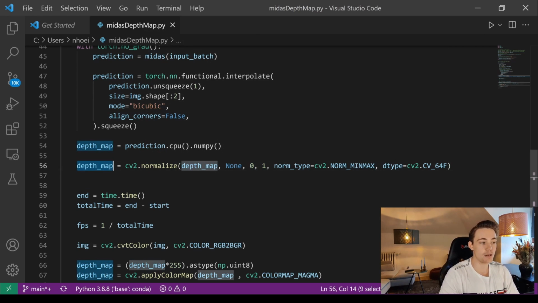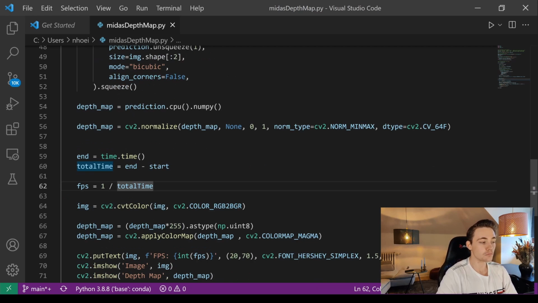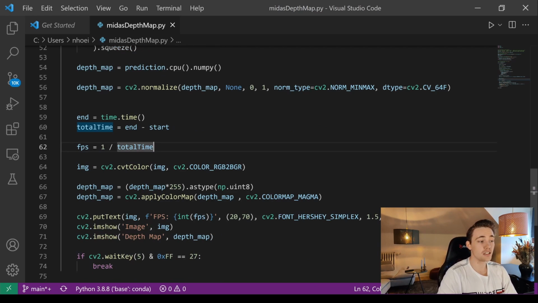So this is our depth map. We will have values between 0 and 1 corresponding to the relative depth in the image. We're going to end our timer and calculate the number of frames per second. Then we're going to convert our color image back from RGB to BGR, so we can then display it